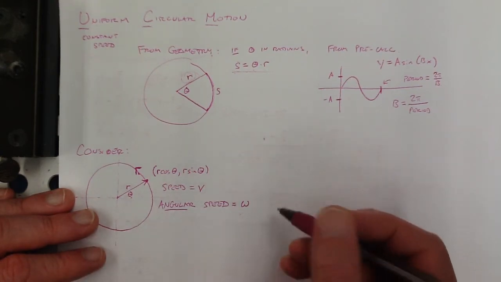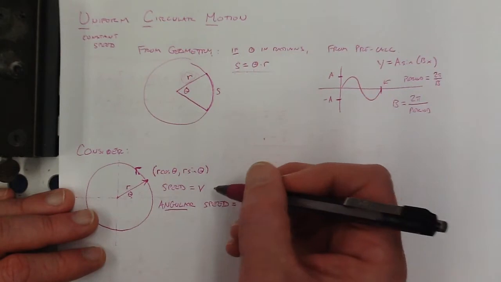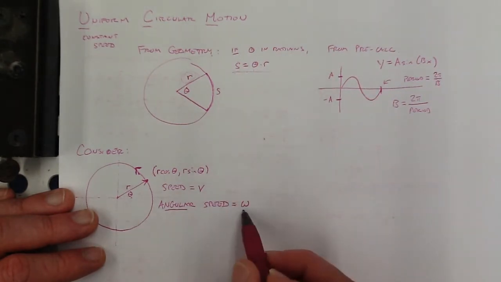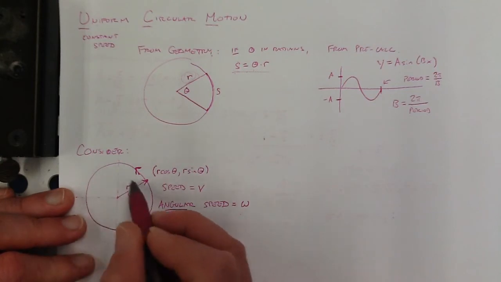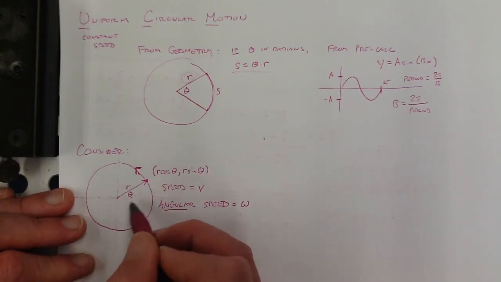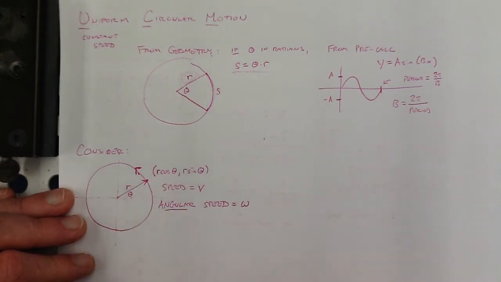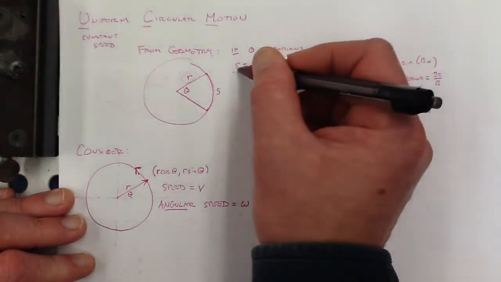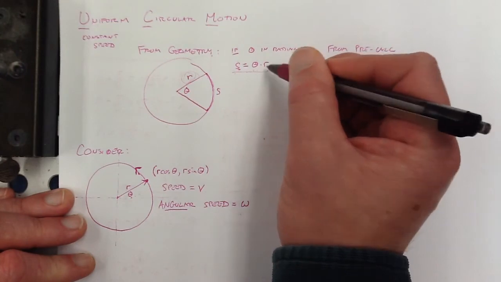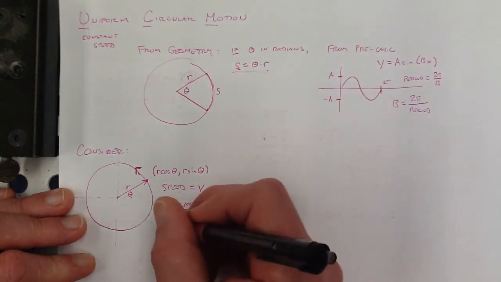So if you think about here, of course, speed would be, in SI units, meters per second. What's this measured in? Well, this is radians per second. Right? How many radians does it go through per second? That's what that angular speed is. And since s is equal to theta times r,